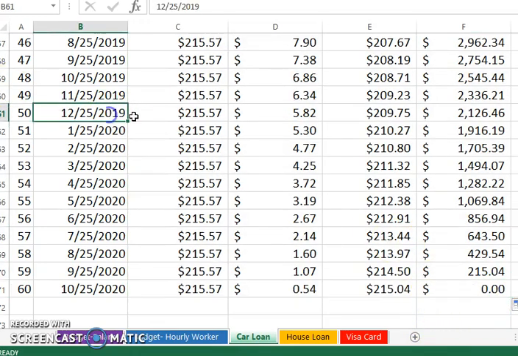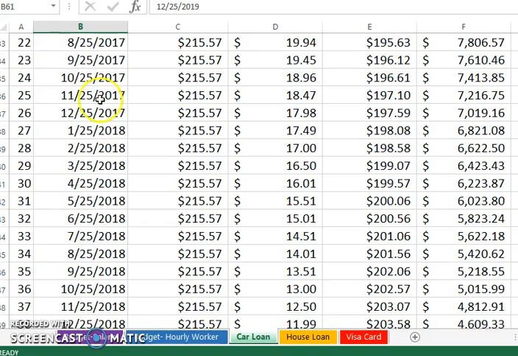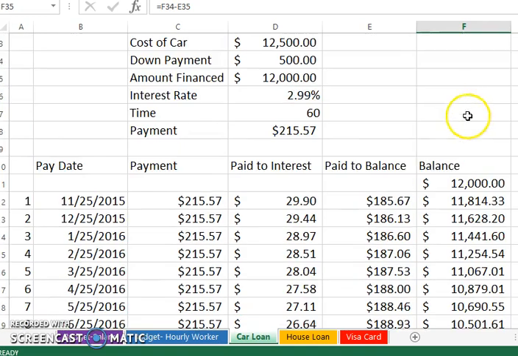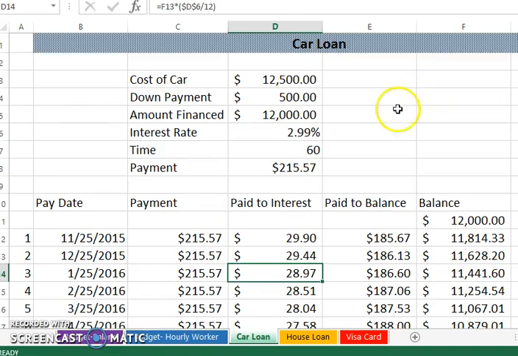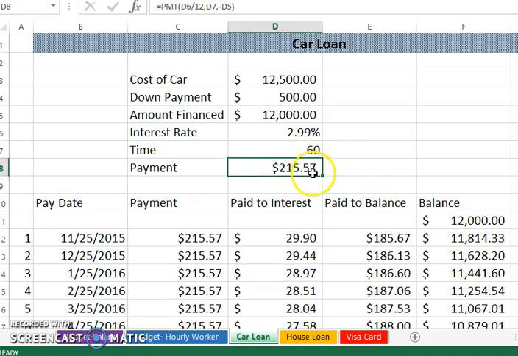So you can see at any time, let's say in October of 2017, you wanted to know what to pay off your pickup or your vehicle, it would be $7,413. So you can tell exactly what your payoff is month by month. So this is very valuable. And your payment, like I said, is $215.57. So I'm going to go ahead and save this and continue with the